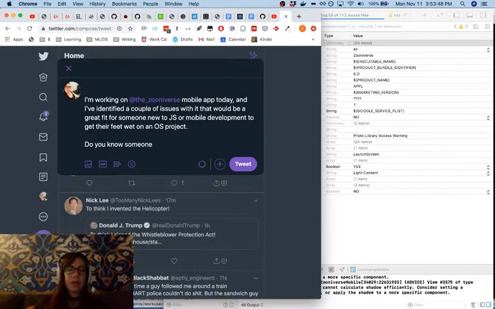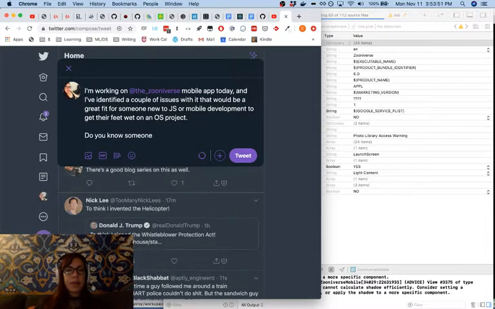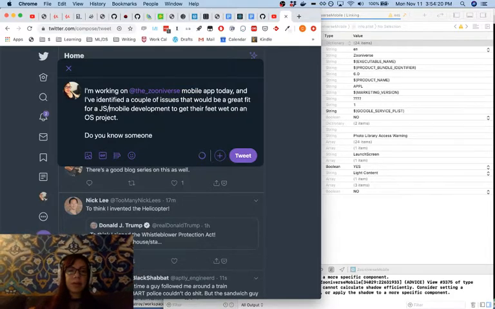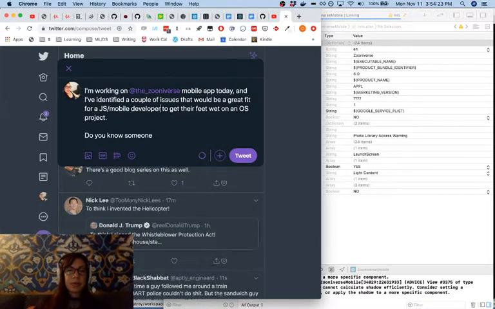Let's take out this "hey folks" because I'm going to need the characters. I'm working on the Zooniverse mobile app today, and I've identified a couple of issues that would be a great fit for someone new to mobile development to get their feet wet with an OS project. Let's say this for a JavaScript / mobile developer to get their feet wet on an OS experience. Do you know someone who